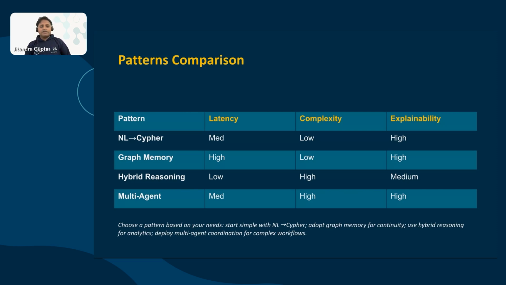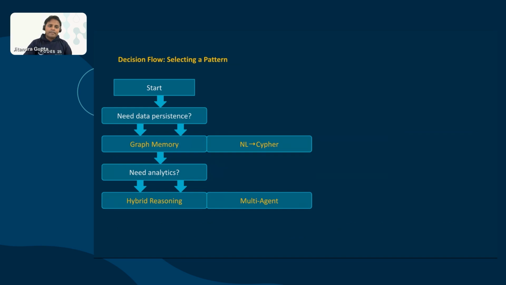Then comes the hybrid reasoning, where the latency is low but the complexity is high. And again, if we look at it from the explainability perspective, it is quite medium. And at the very end, once we are really apt with our approach, then we opt for the multi-agent pattern, where the latency can be medium to high, complexity is really high, and the explainability is again very high because multiple agents are working with the shared context which is saved in the graph. Okay,